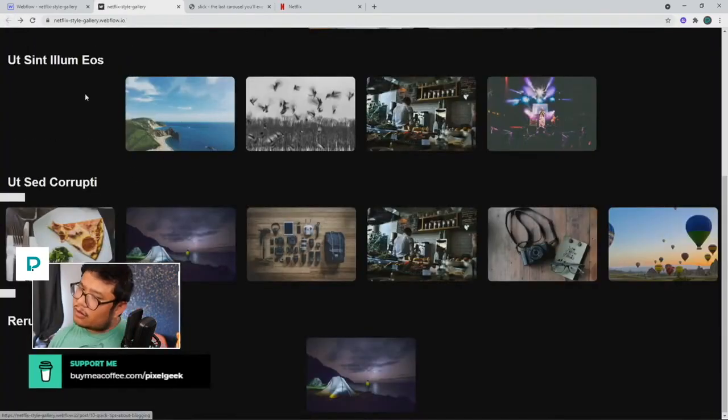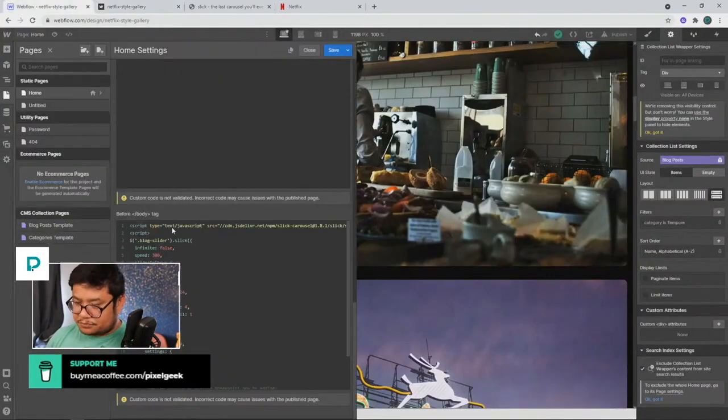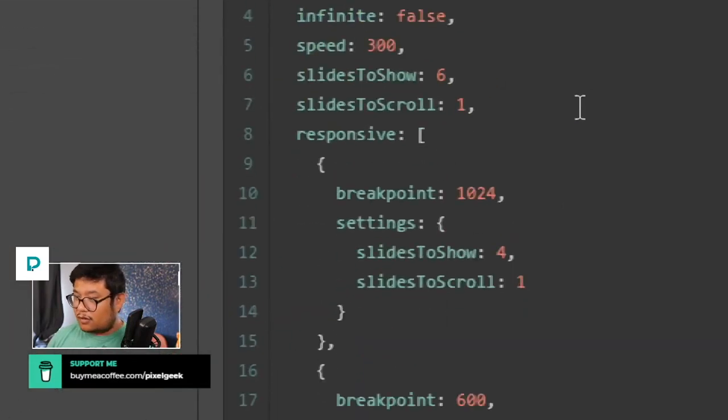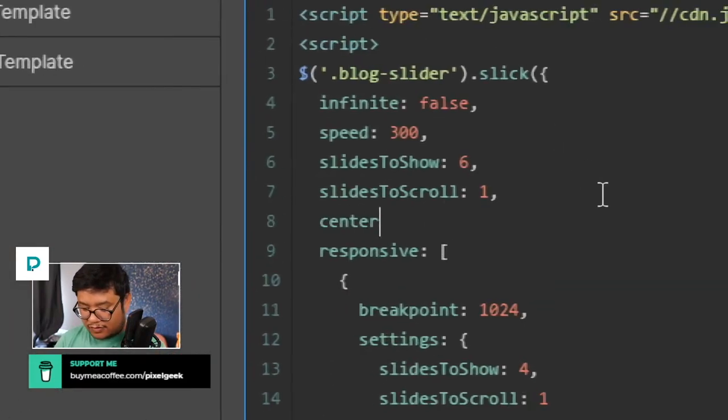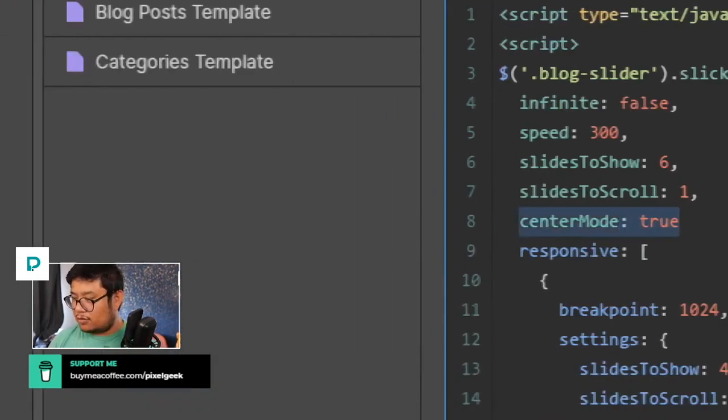But how come it's not all the way to the left? I don't have centering. I don't have the code to center it. Like, the code to center it is center mode true. But I don't have that. So,